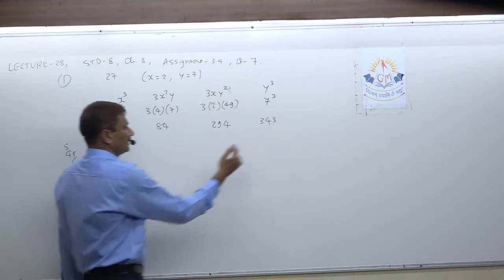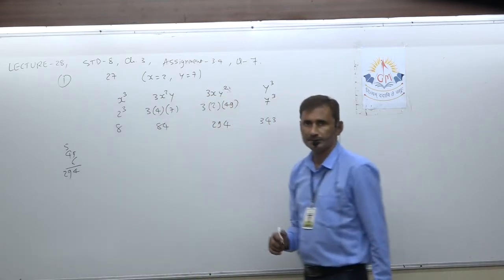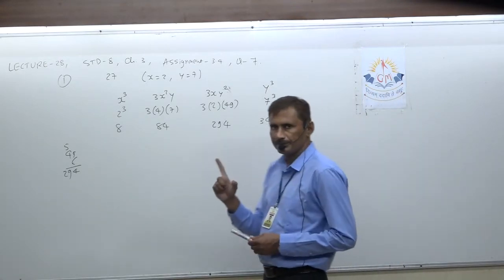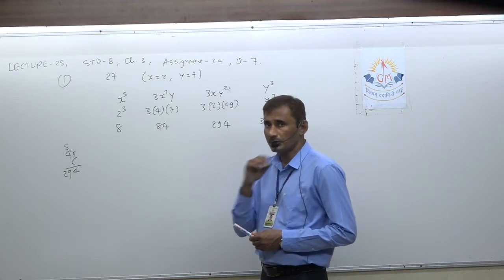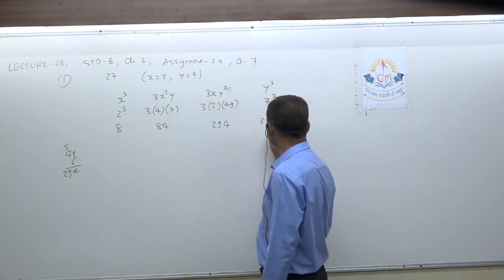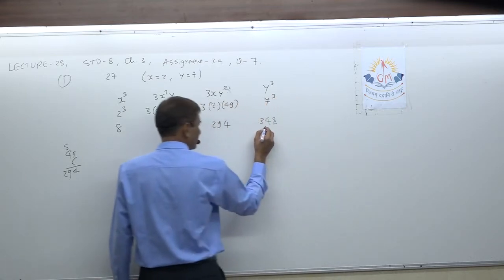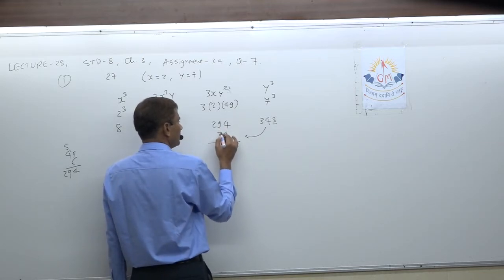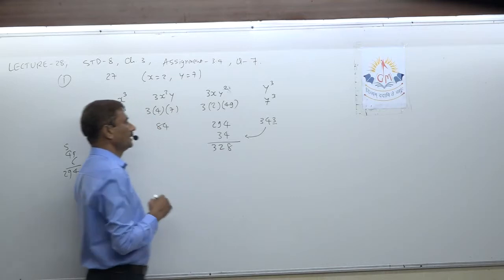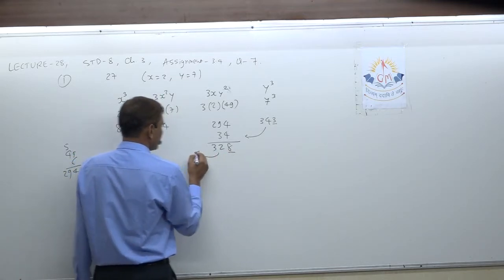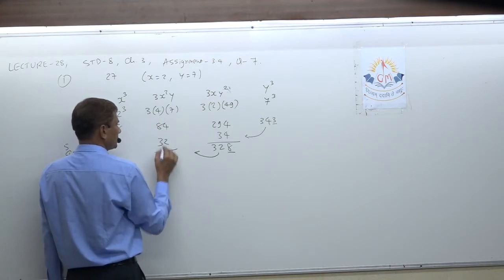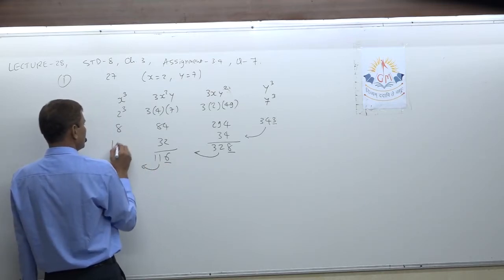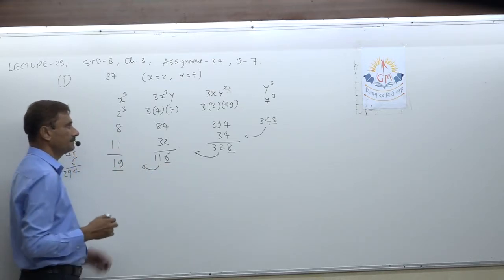Now go from right to left side. Everywhere you have to underline the unit digit only. So unit digit 3 is underlined, 34 is shifted here and added. So it is 8, 9 plus 3 is 12, 3. 8 is underlined, 32 shifted here. So 6, 8 plus 3 is 11. 6 is underlined, 11 added here. So it becomes 19. Both are underlined.